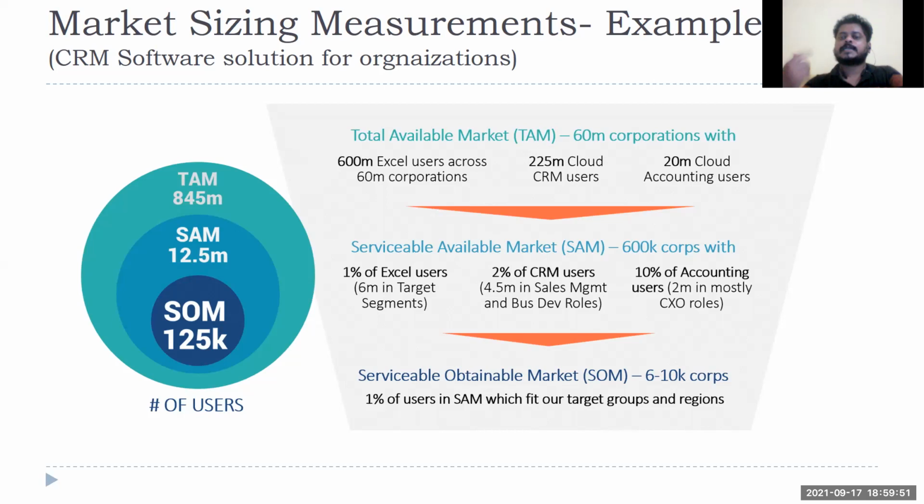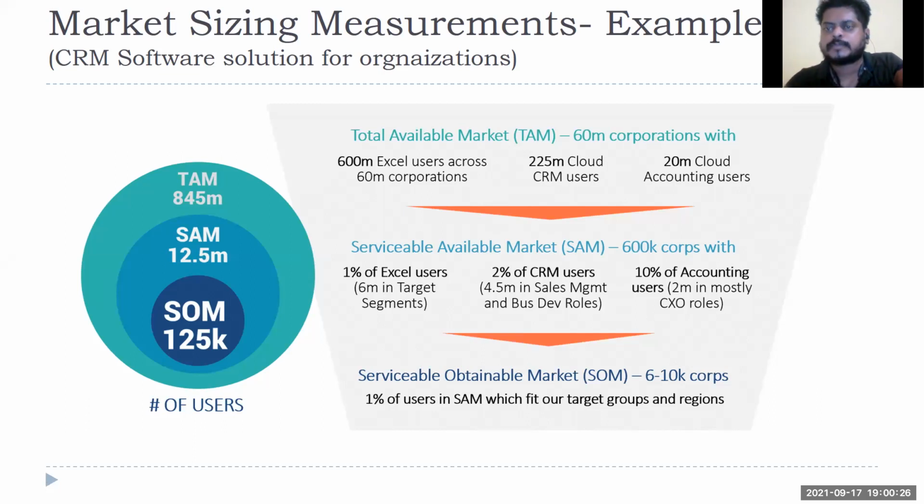That is where that experience matters, because they can tell that, no, it is not 1%, it might be 0.1%. It is not possible to get 6,000 or 10,000 organizations in the first year itself. You might be looking into only 60 or 100 organizations. See how your numbers will change. If I am very attached to my idea, I say that yes, in the first year I'll look into 1% of the market. But somebody who has worked as a salesperson in that industry for the last 15 years, if he is my CMO, he will tell me it is not at all possible.